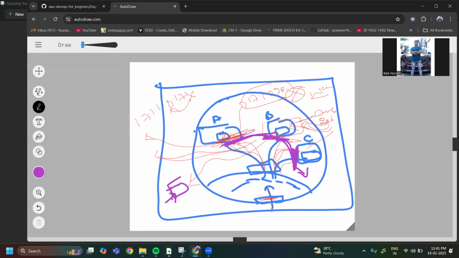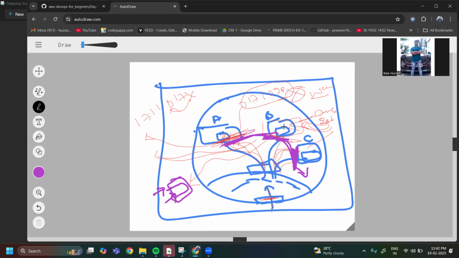We can combine the similar features and provide them to the customers. This is the network access control list. And the last one, I will explain what a NAT gateway is.